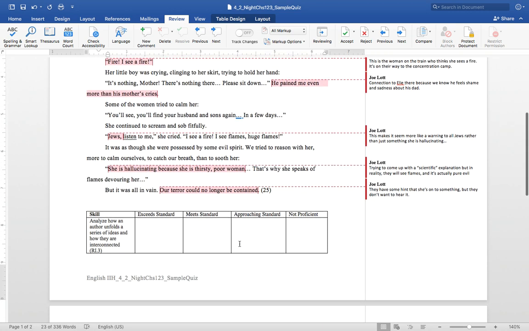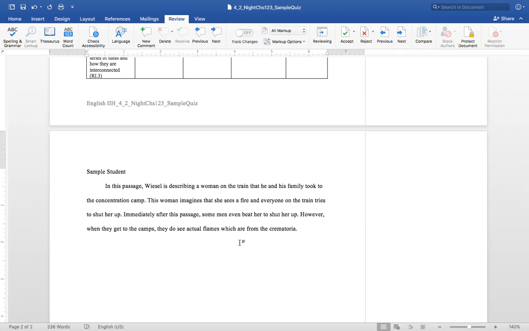So I'm going to say this connects to the idea that people like Moishe and this woman have a vision of what is going to happen, but that people don't want to hear their message. This woman starts by